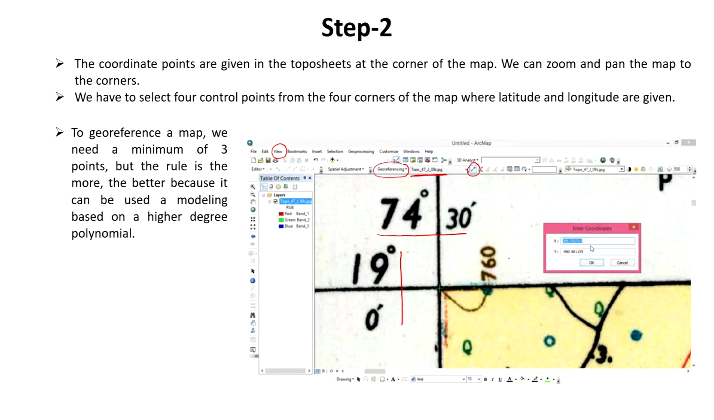This option will direct you to add the control point. When you click this option, a pop-up will come up where you enter coordinates. This coordinate is for this point. So when you click this point, you enter the x and y, that means latitude and longitude. When you enter latitude and longitude in x and y and click OK, this will mark it